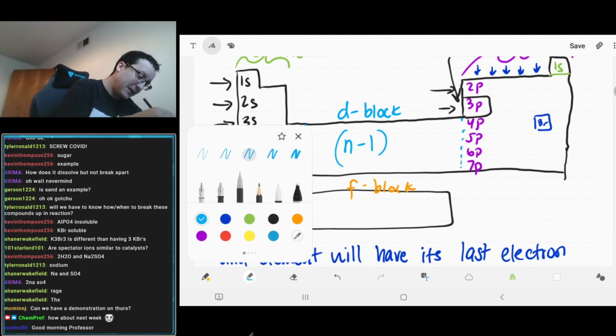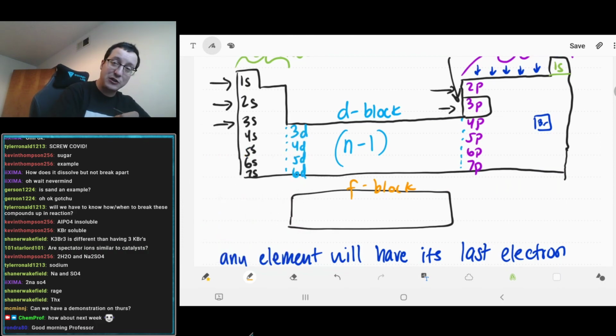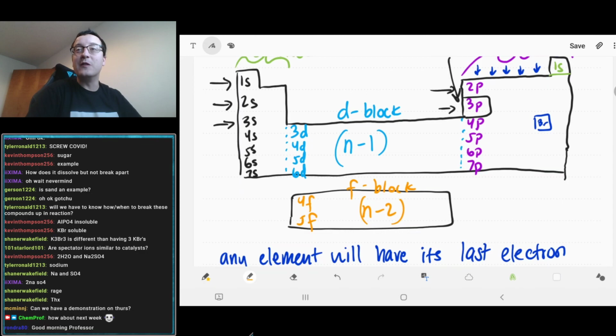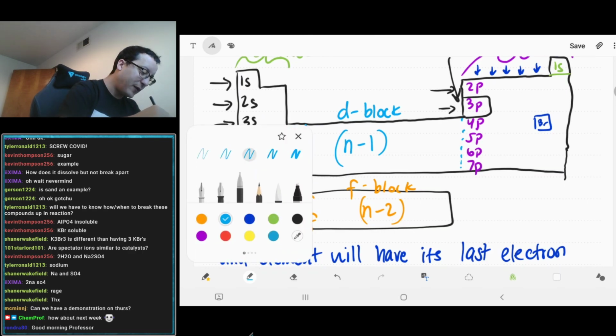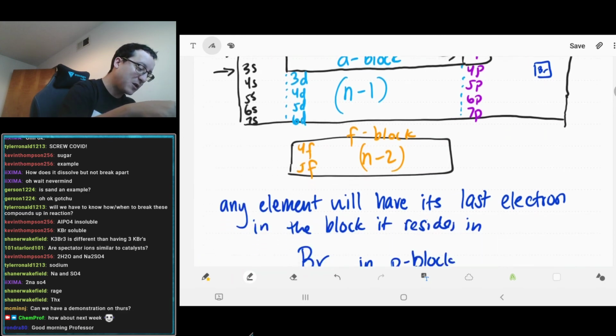And just to put this out there, although we are not necessarily going to touch it this semester, the F block is actually 2 levels lower. So 4F is actually going to be in between 6S and 5D, but let's not worry about the F block. I'm putting it there so it will be in your head somewhere for when you get to 111, but for right now we're just going to leave it as it exists and that's it. So that being said, if we follow this pattern and go back to our bromine example,